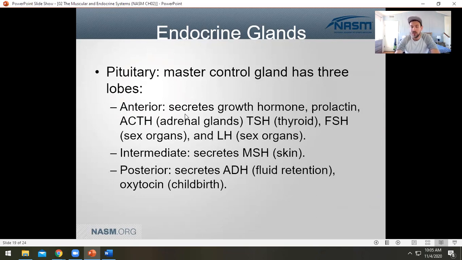It's got these 3 individual little lobes that release different hormones. So for instance, it releases growth hormone, prolactin, oh God, so hard to say, adrenocorticotropic hormone. Actually, I did it. That's a hard one to say. Thyroid stimulating hormone, follicle stimulating hormone, that's a classic one. I don't produce enough of that. Luteinizing hormone, all these like little tiny hormones here